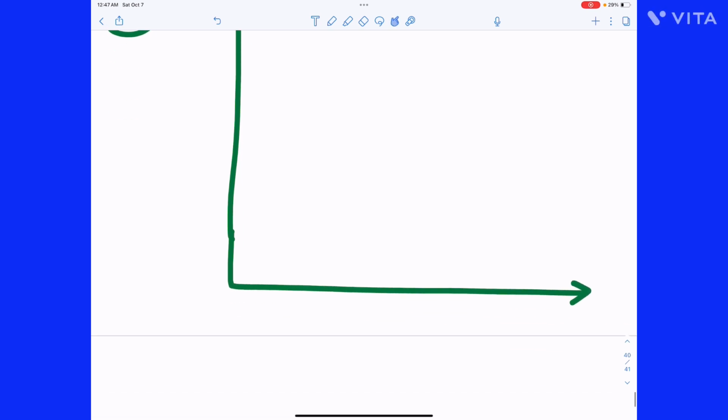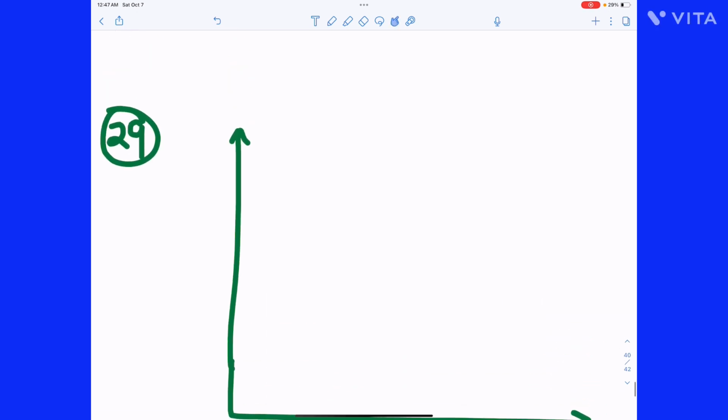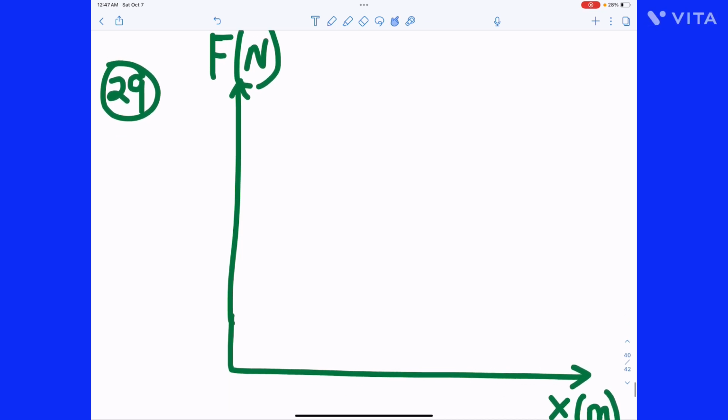Okay, so we are going to correct what we said we don't like in the graph. Extension is in meters. Force is in what? Newtons. It is good practice to keep your SI units where they should be. All right. So it shows that the graph goes straight like this, an extension,